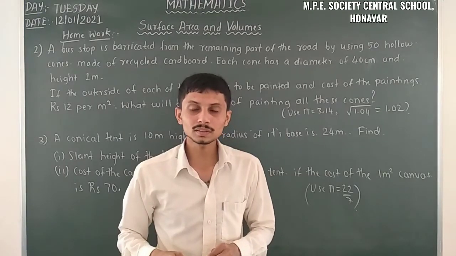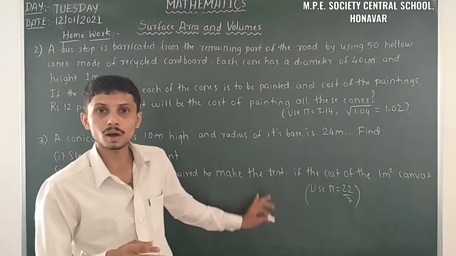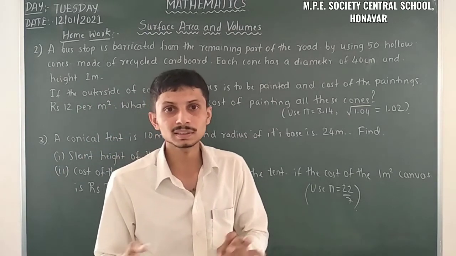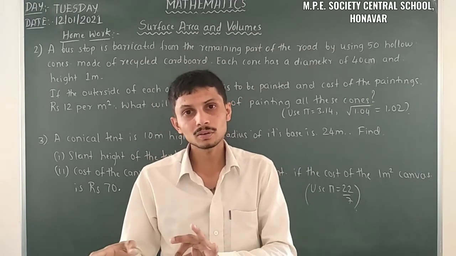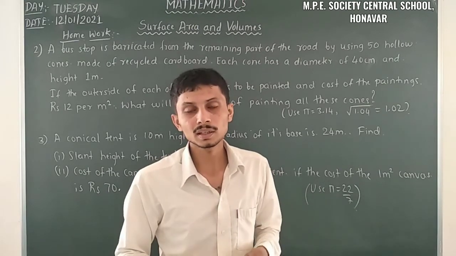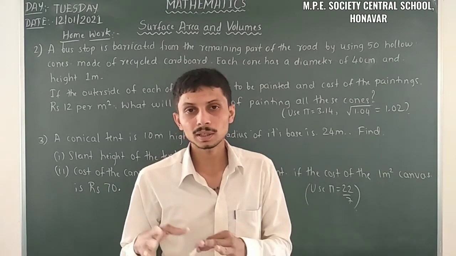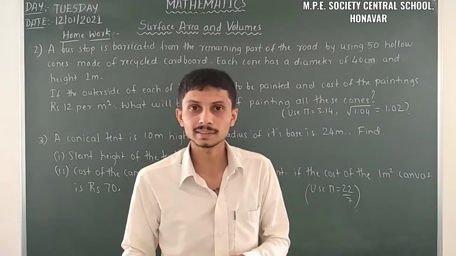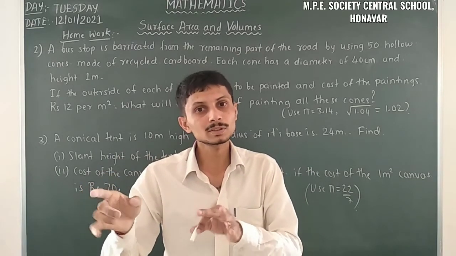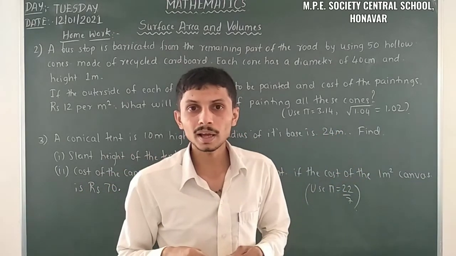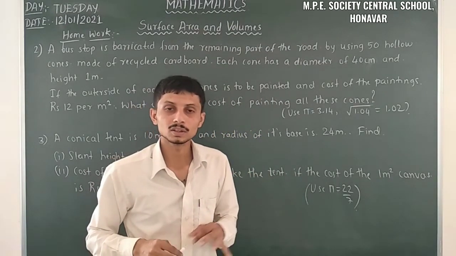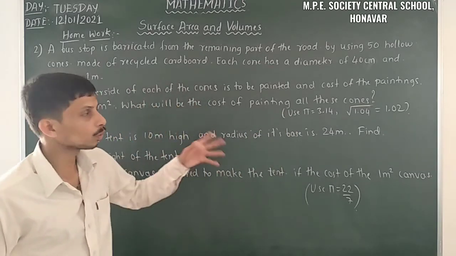Let's take two homework problems here. Those two are cost related. You are already aware of such things: if in 1 meter square we have to pay 50 rupees, and there are 100 meter squares, how much do we have to pay? That means 100 into 50. So in 1 meter square we pay 50, and for 100 meter square we multiply by 100. You know the technique of those things, so let us discuss these two homework problems.